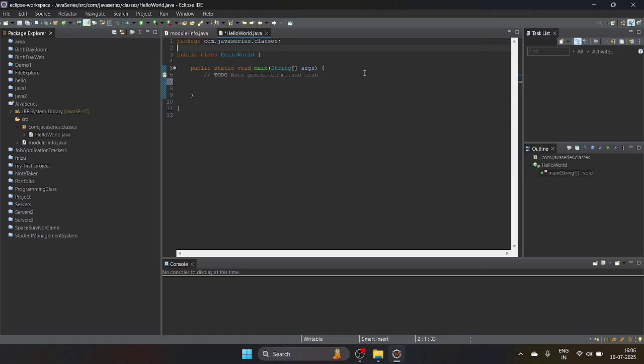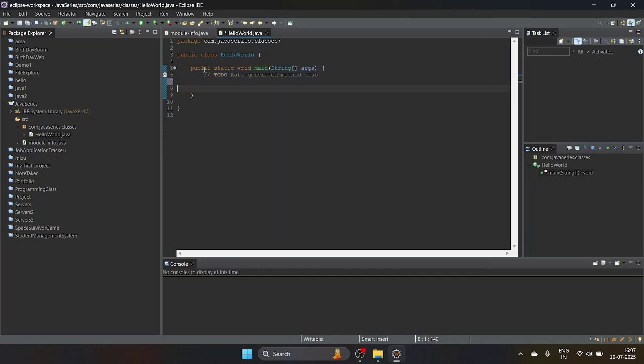This is the main method, and it is the entry point of any Java program. Entry point means where the execution starts. From where execution starts, this will be indicated by this method signature, public static void main string of args. Without the main method, the Java virtual machine, JVM, does not know where to begin and run the code. So this is a very important part of any Java program.